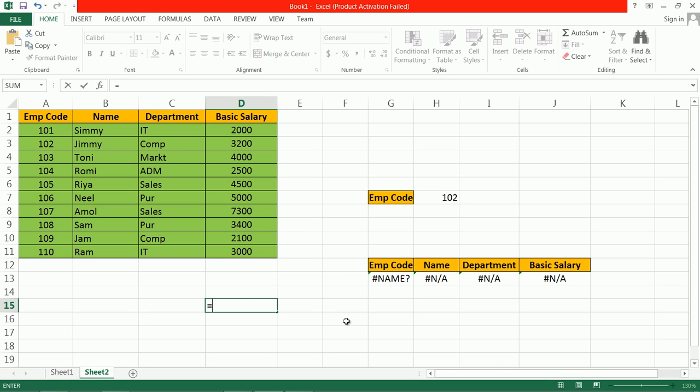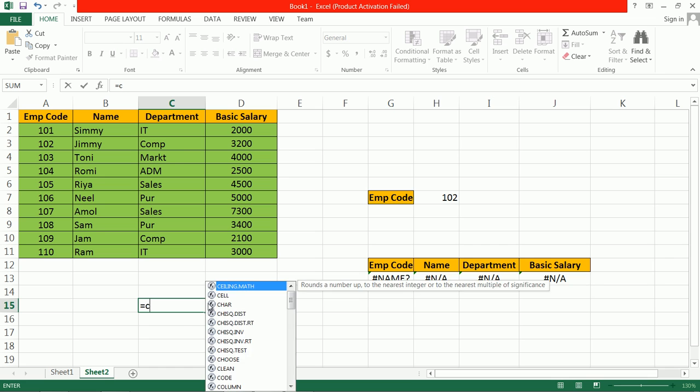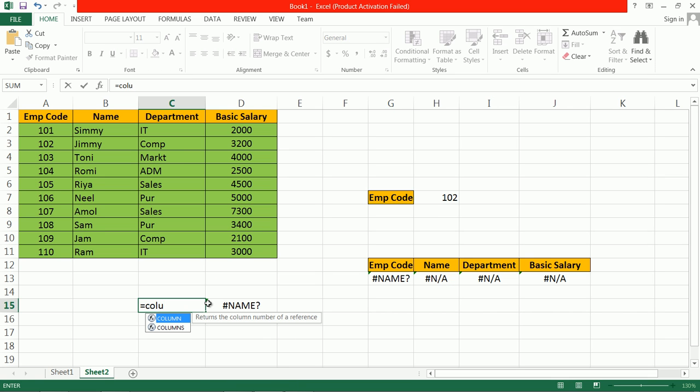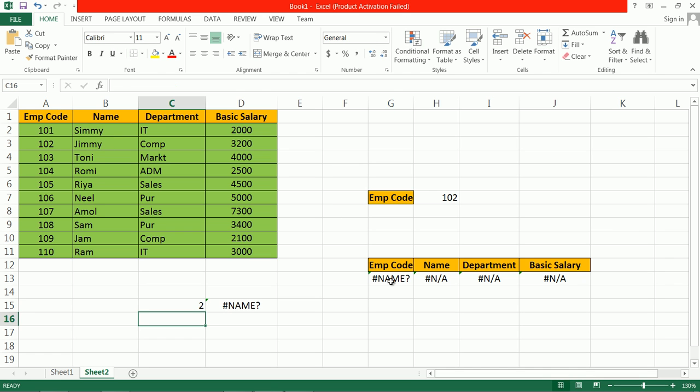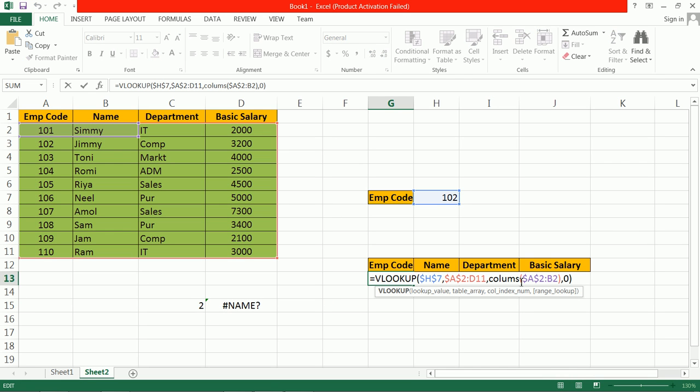Here equal to, we want columns A2 to B2, right? Let us again select it. We want the function COLUMNS. Here what is the function? COLUMNS.